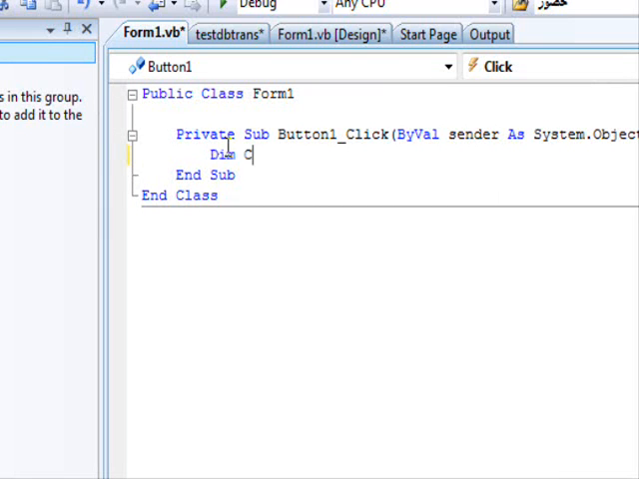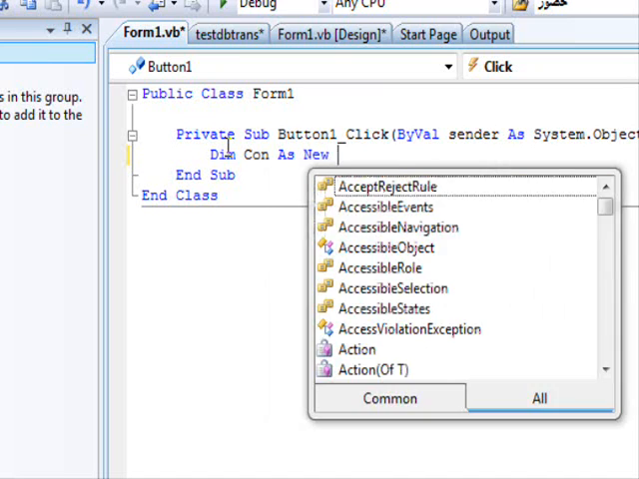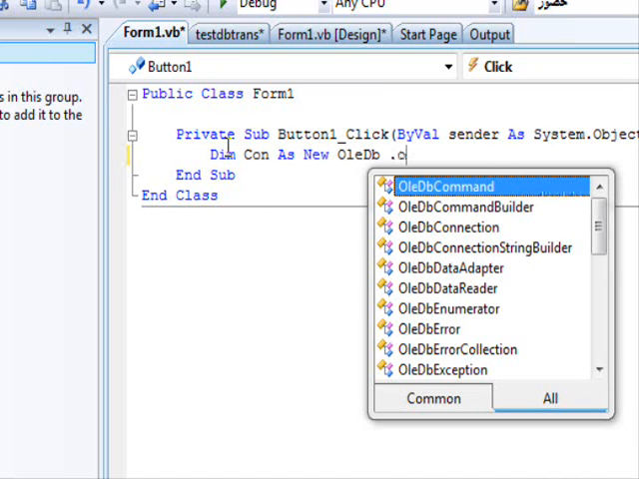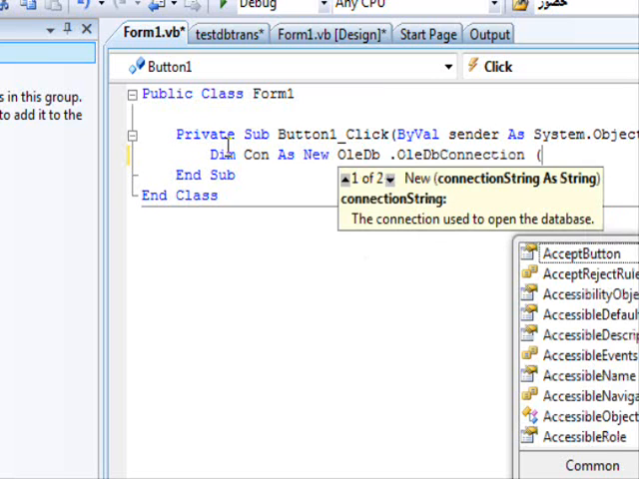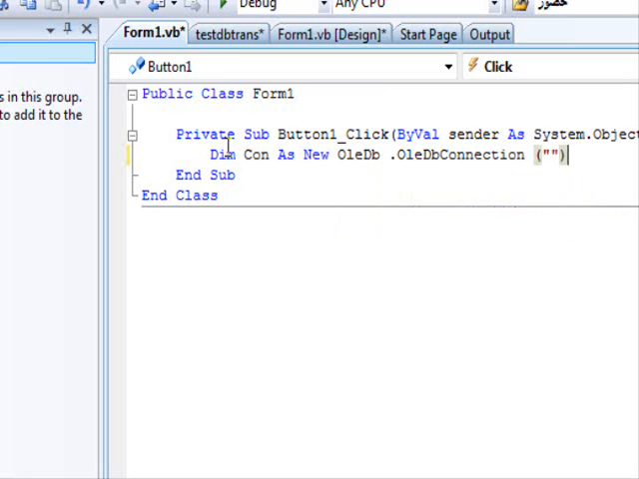I'm going to need a connection: con as new OleDb.OleDbConnection. And I'm going to need a connection string. Now